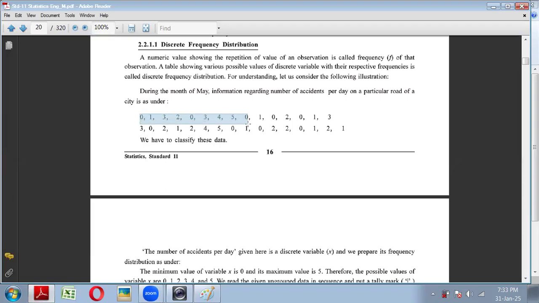ये एक्सीडेंट्स के नंबर है कि कितने एक्सीडेंट्स हो रहे हैं पर्टिकुलर रोड पर, राइट, एक दिन में। ये जो इंडिविजुअल डेटा है ये डे का है, मतलब एक दिन था जहाँ पे 0 एक्सीडेंट था, दूसरे दिन पे 1 एक्सीडेंट था, तीसरा दिन था उसमें 3 एक्सीडेंट हुआ, फोर्थ डे था उसमें 2 एक्सीडेंट्स हुए, फिर अगेन उसके नेक्स्ट डे 0 एक्सीडेंट। तो इस तरीके से ये डेटा दिया है, ठीक है।